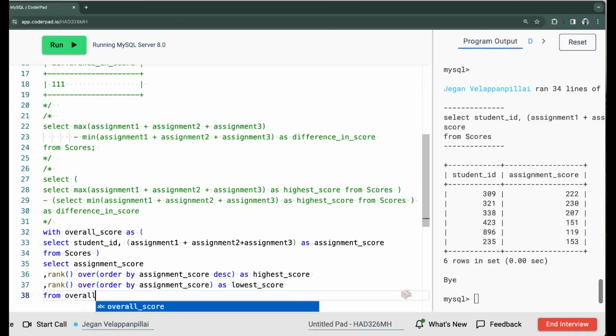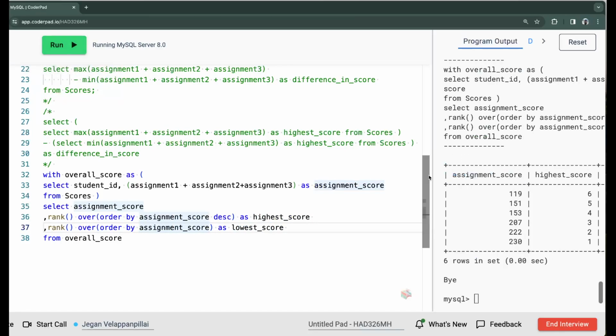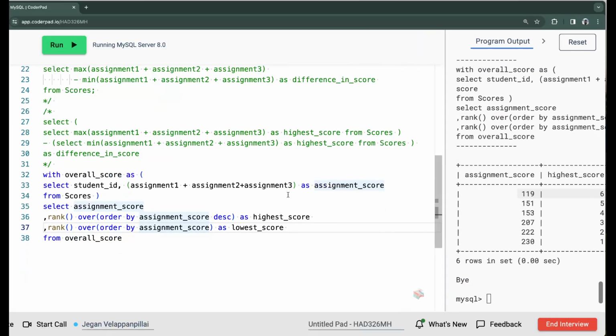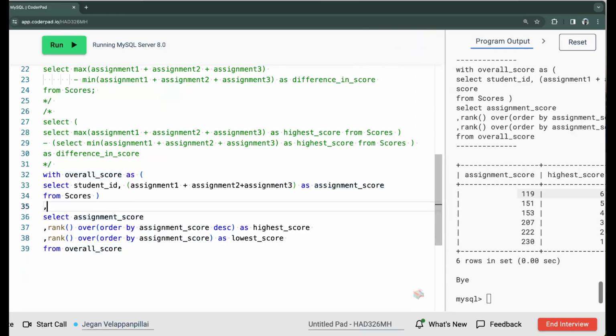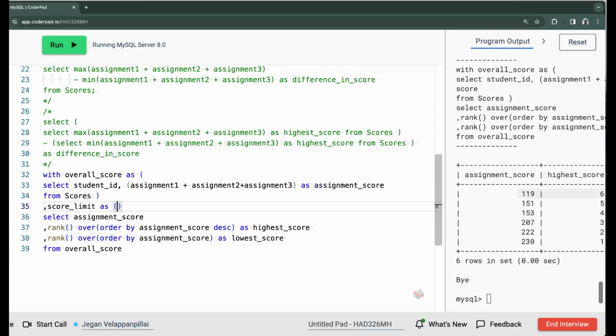Okay, so what we did, for every student we did the aggregation of 3 columns and then we sort based on the aggregation score descending, so the highest score comes first, and the lowest score comes first when you do the normal ascending order. So if you see this, 230 becomes the highest score and 119 gives the lowest score. So we can use this as another CTE table. We can say score limit as this,